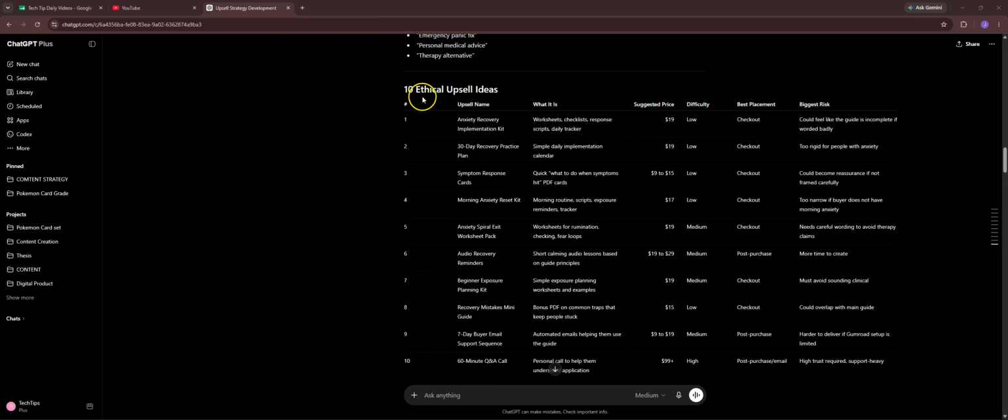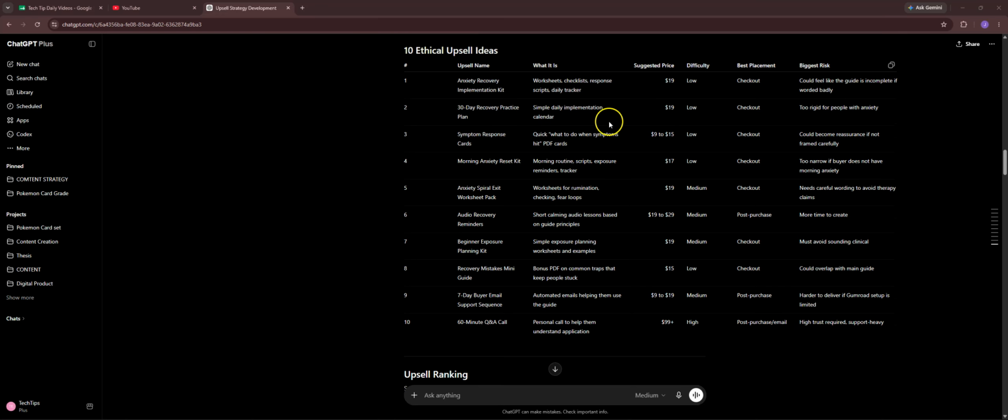Then it gives us 10 ethical upsell ideas. So for instance, an anxiety recovery implementation kit, a 30-day recovery practice plan, symptom response cards, morning anxiety reset kit, anxiety spiral exit, and all kinds of different things that are on the cheaper end. As you see here, it gives us the suggested price, what it is, the difficulty for upselling, the best placement, and the biggest risks. And because we said we wanted one on the cheaper end, it gives everything cheaper,